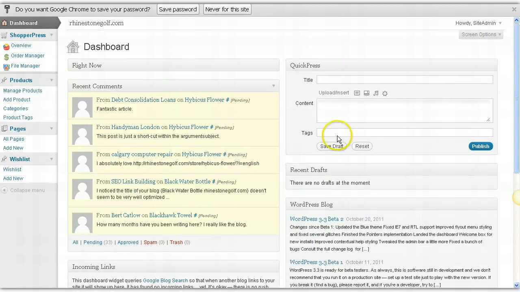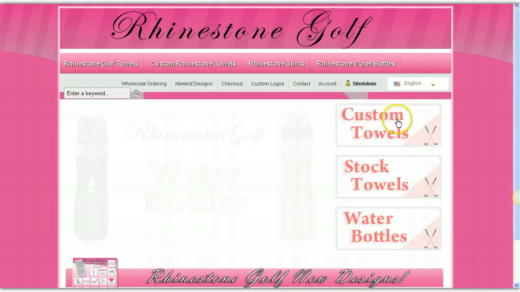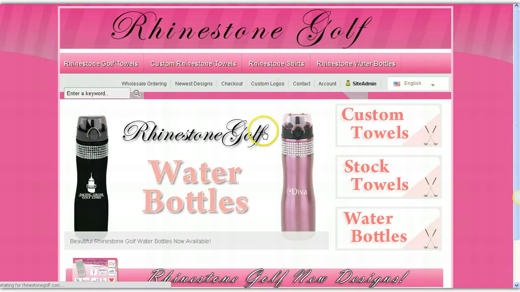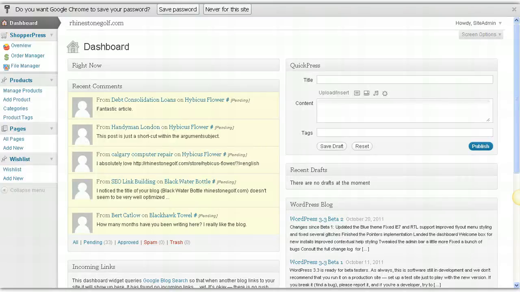But leave this area alone. Frankly, for your website, you really don't need any comments because it's an e-commerce site. It's a shopping cart site where you're selling items. There's no need for people to comment. However, what you want to do is make sure that you're going to spend most of your time in this area right here. If you click on overview,